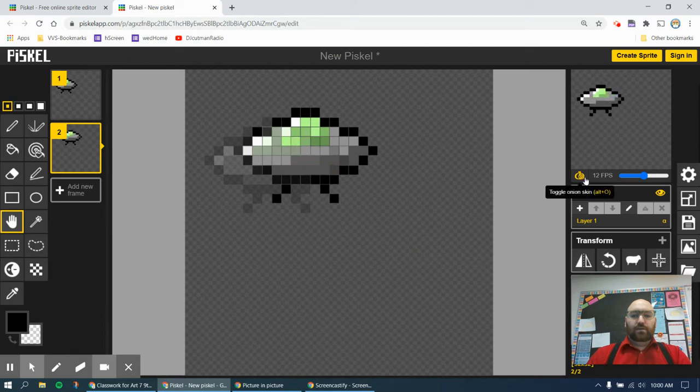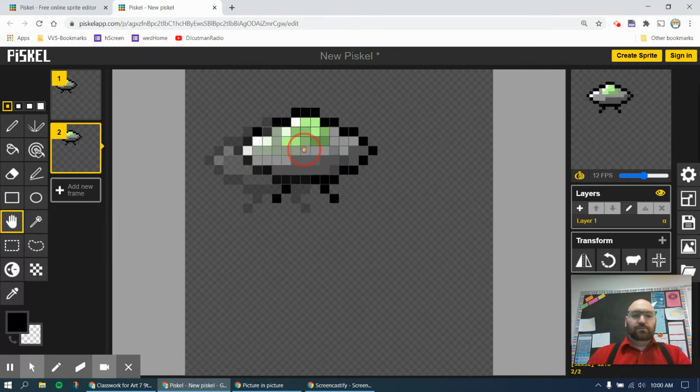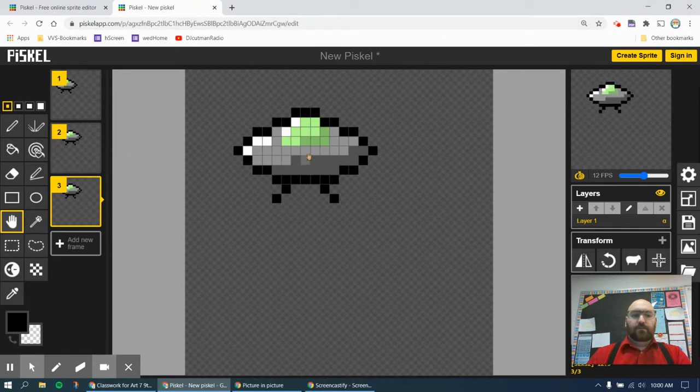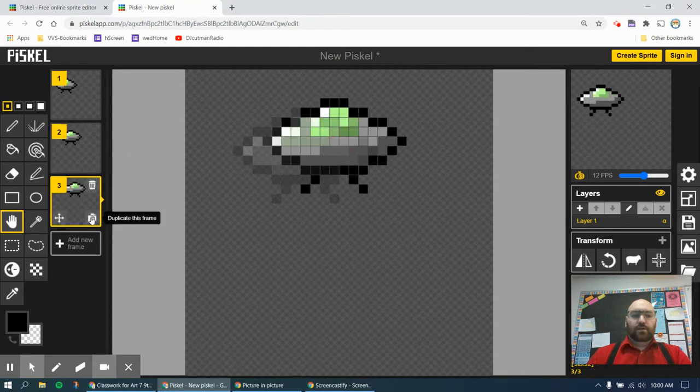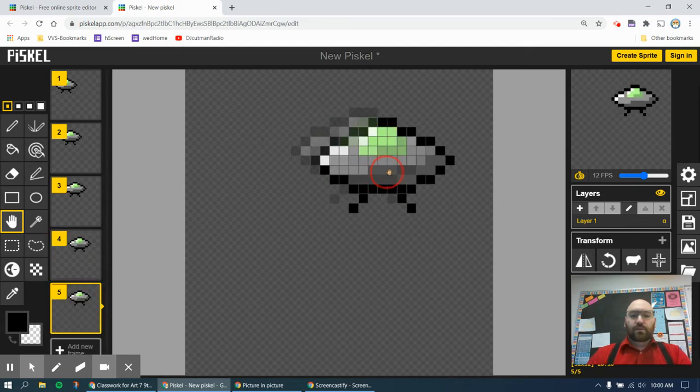You can see I've got my onion skin on over here. That's why I can see this little ghost of the spaceship over there. I can see exactly how far away I'm moving it from the original, which is helpful a lot of the time. And then I'm just going to repeat this process. Click on duplicate, move it a little bit. Click on duplicate, move it a little bit. And you're always duplicating the last frame that you created